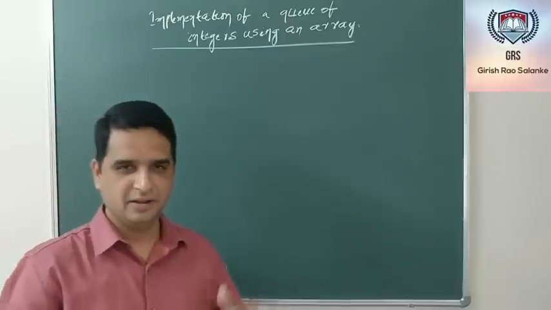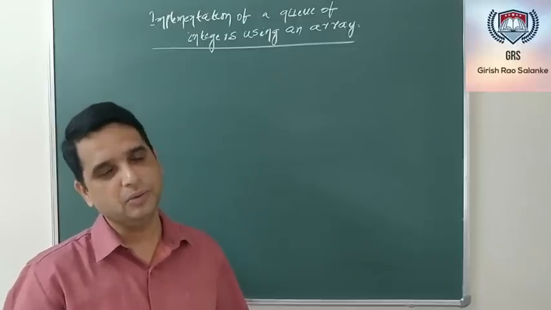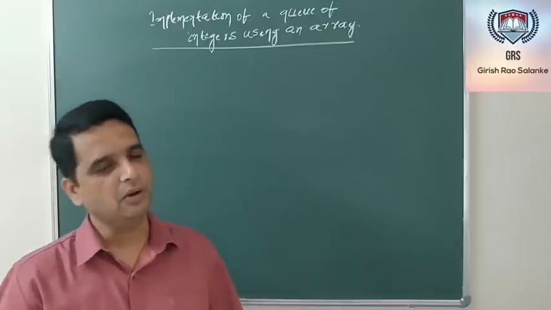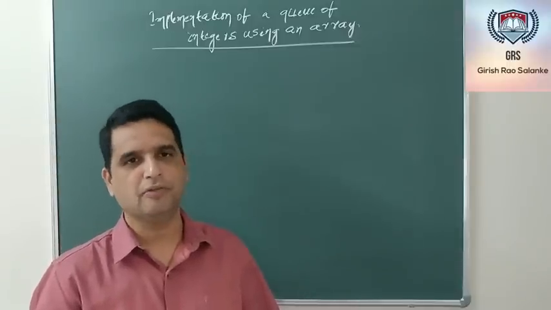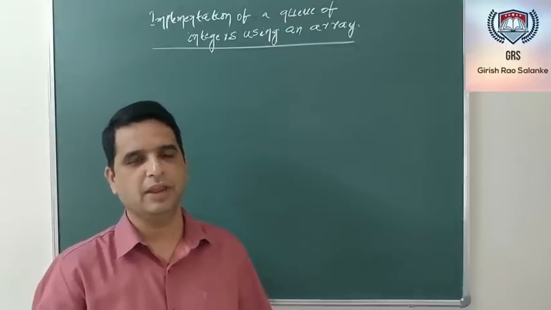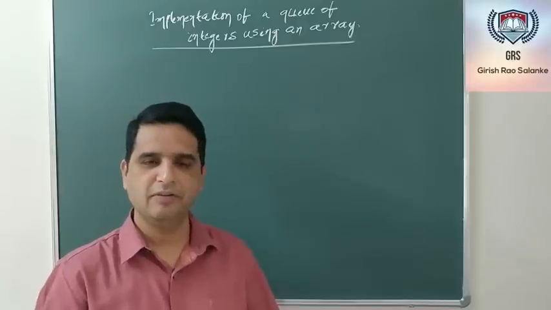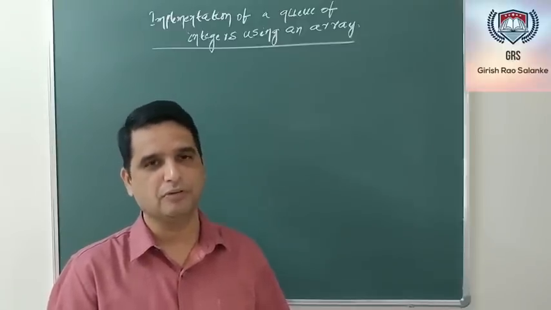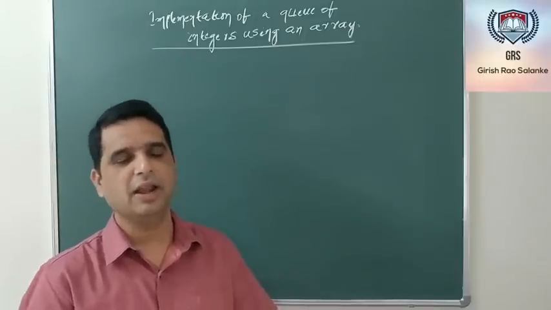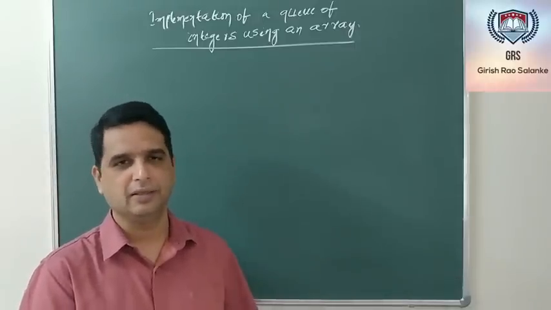Welcome again. In this particular video, we are going to see how to implement an ordinary queue or a linear queue of integers using an array. In my previous video, I defined that in a queue, to perform an insertion operation, that is, an enqueue operation, we are supposed to use an end called the rear end, and to perform a deletion operation, which we have defined as dequeue, we are supposed to use the front end. With those things, we'll try to implement an ordinary queue or a linear queue of integers using an array.